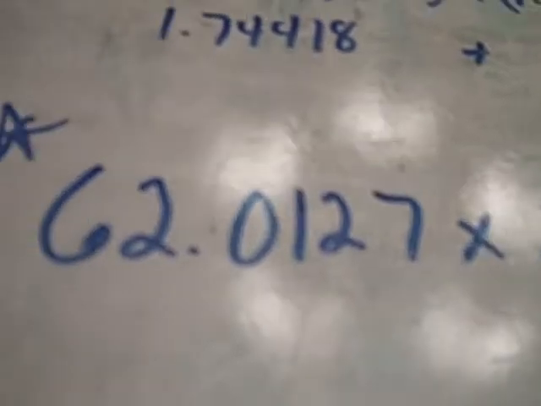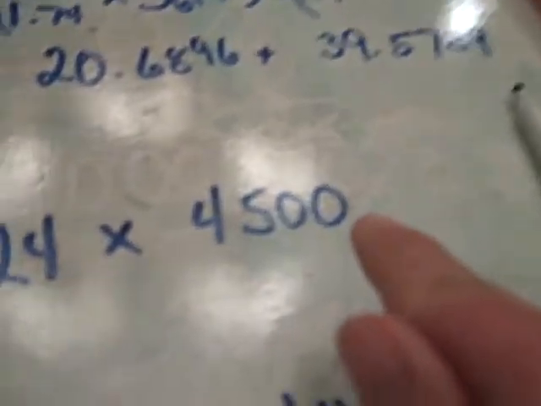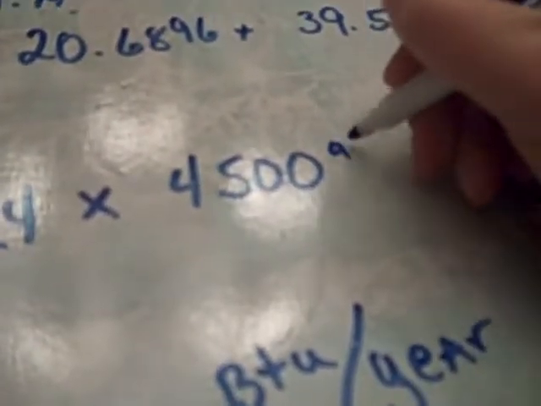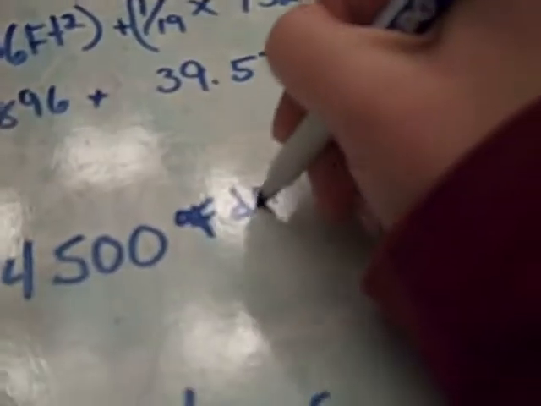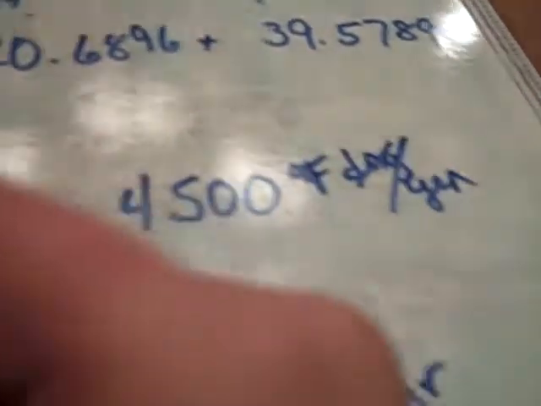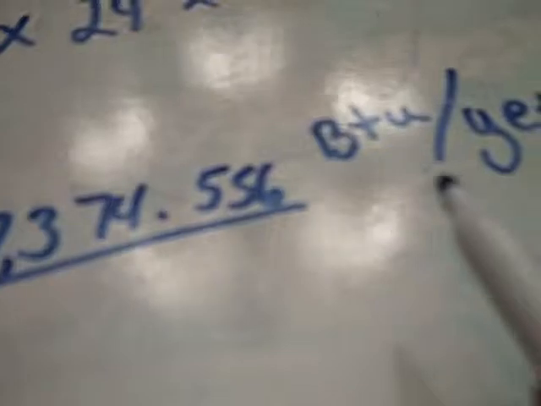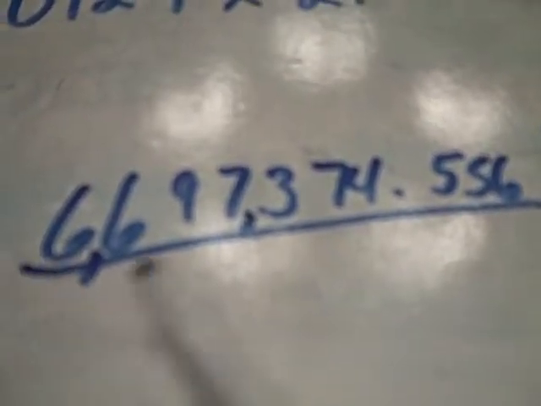All right, so I find each piece and I add them together. And when I add them together, I get 62.012, and then I can times it by my 24 hours in a day times my 4,500 degree days, and so that's degrees Fahrenheit, day, year. That means my day and my day cross out, my Fahrenheit and my Fahrenheit cross out, and I'm left with BTUs in a year. And I put that in my calculator, and this is the answer I get in BTUs for the year. So I get